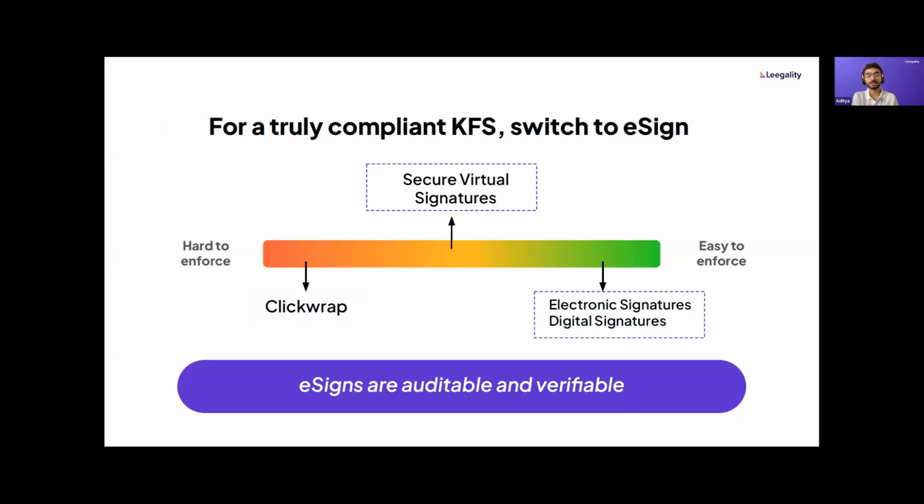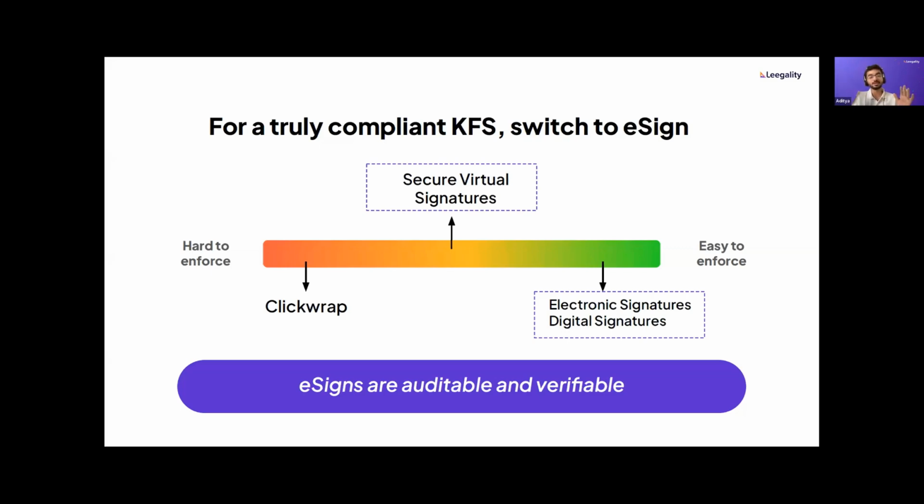If you want auditability and verifiability, there are multiple options available to you, right? You will need to go for a mode of e-authentication, whether you build it yourself or not, that can be traced back. The key thing is can it be traced back to the borrower in some way, in any way, right? And can it later be audited and verified? Is it on the KFS document, right? Most secure is, of course, something like an Aadhaar e-sign, but honestly, in most cases, we've seen lenders find that this is too many steps, too much friction if a borrower has to do an Aadhaar e-sign twice in a flow, right?